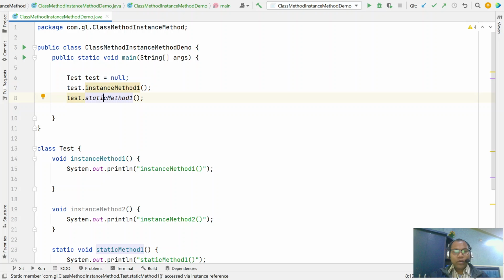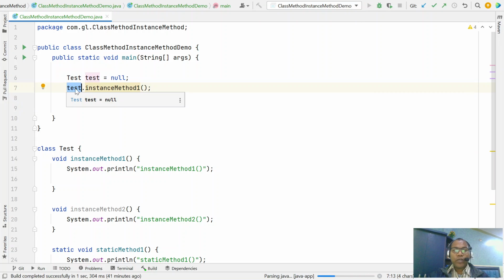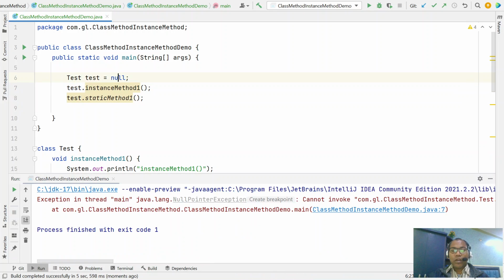You can invoke the static method, but an instance method you cannot invoke with a null reference. If you run this code, it will show a null pointer exception because the Test object is initialized with null, and null does not have any kind of function.